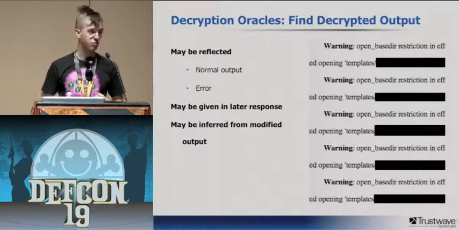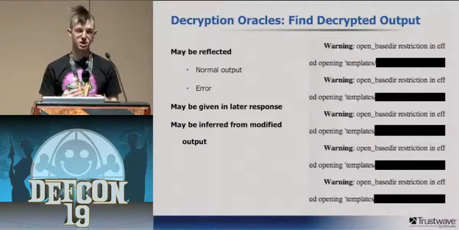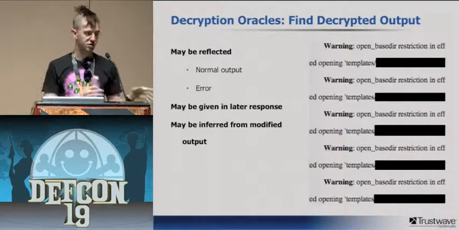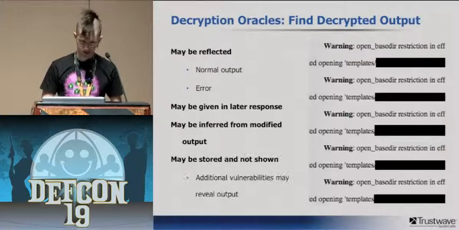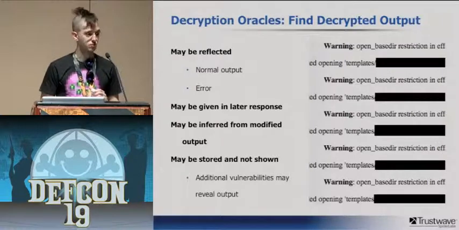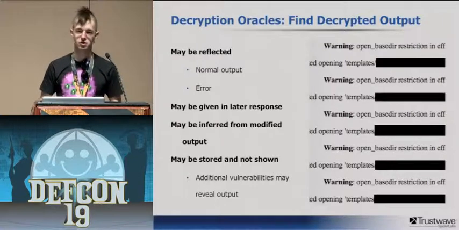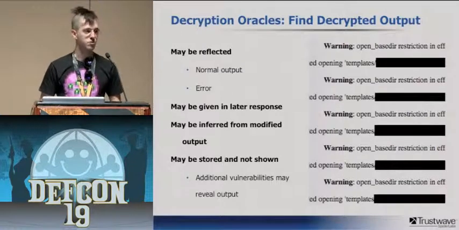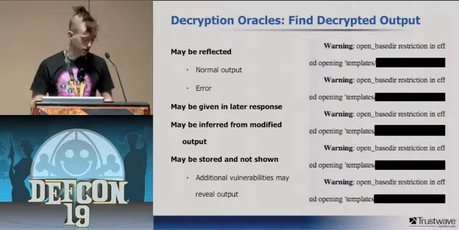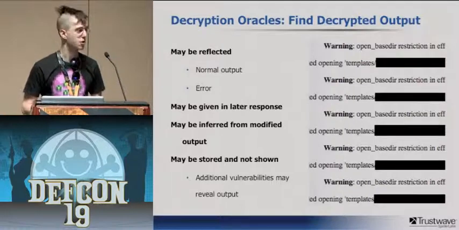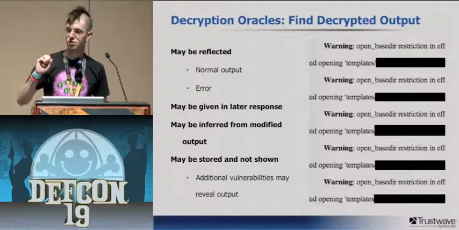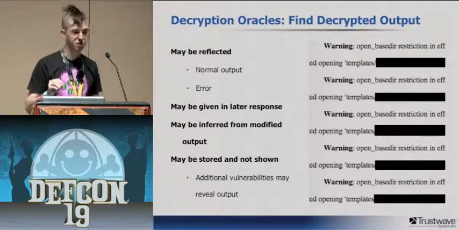It might be inferred from modified output. So maybe based on what the plain text is, you are getting different things. It might be stored and not shown. Encrypted data is often written to files or into databases. One example of where you might find an encryption oracle is through the use of an SQL injection flaw. If you find an SQL injection flaw, you can find some piece of data that's encrypted in the database,